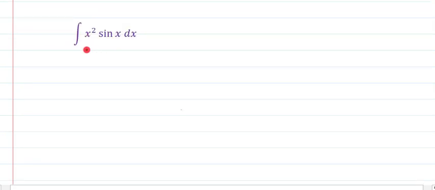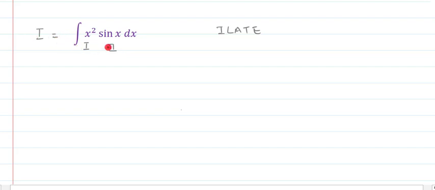Now let me take the integration of x square sin x dx. This is again the multiplication of two functions. One is algebraic function and other is trigonometric function. Again we can go for the rule of Euler, and according to this it is clear that x square is the first function and sin x is the second function, and as I told you, let us name this as